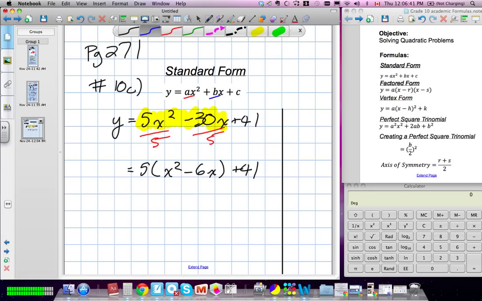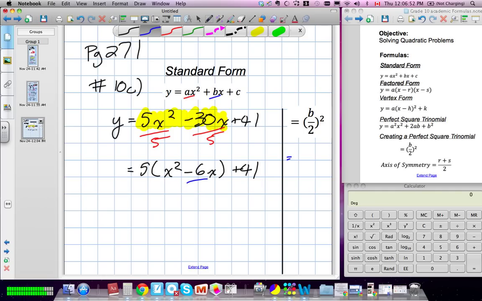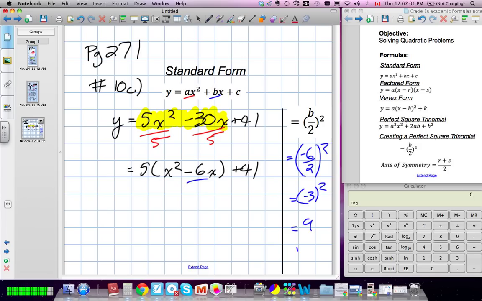Our formula is we take the b value, divide it by 2. So we take negative 6 divided by 2 and square it. That'll give us negative 3 squared, which is 9. And remember, we need to add and subtract 9 inside those brackets. So we get x squared minus 6x plus 9, subtract 9,